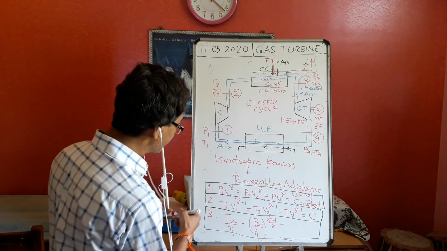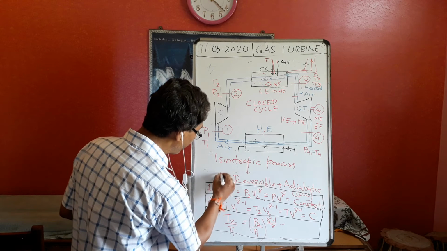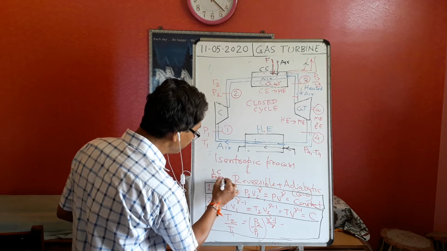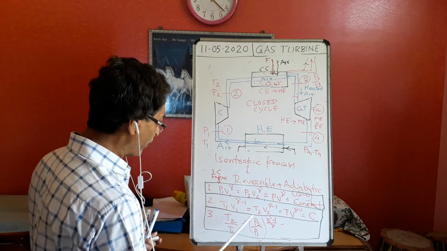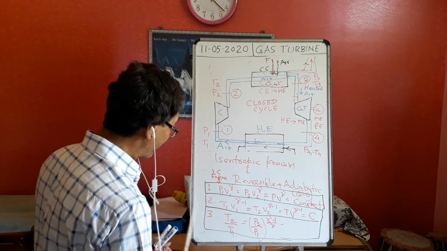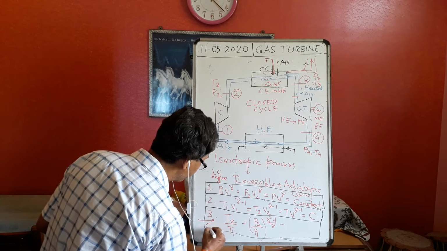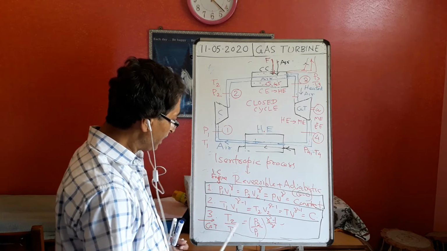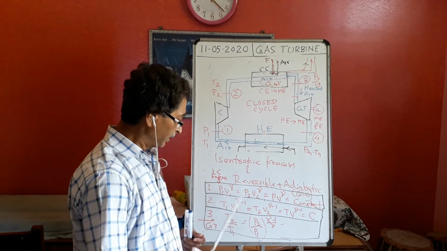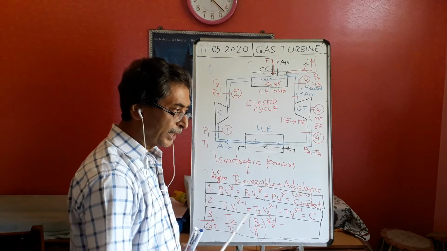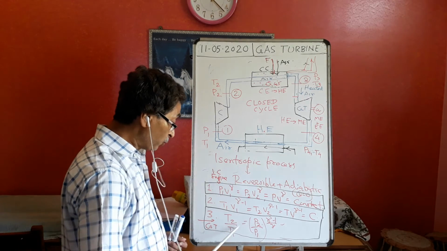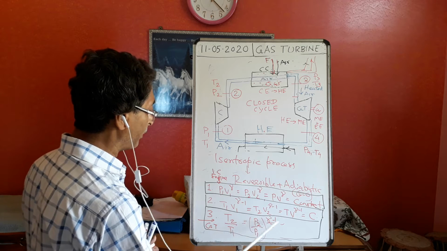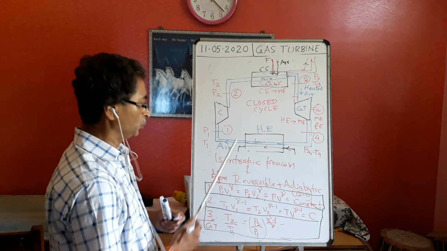The first equation is generally used in the internal combustion engine, and the second you can use somewhere, but the third is precisely used in the gas turbine, GT. Here I will mostly use the third. Other equations I can also use, but mostly this third. So the third equation, T2 by T1 is equal to (P2 by P1)^((gamma minus 1) by gamma). This one I will use.